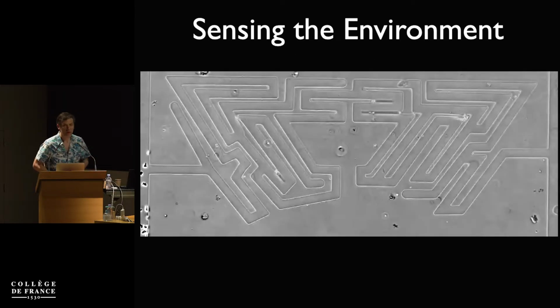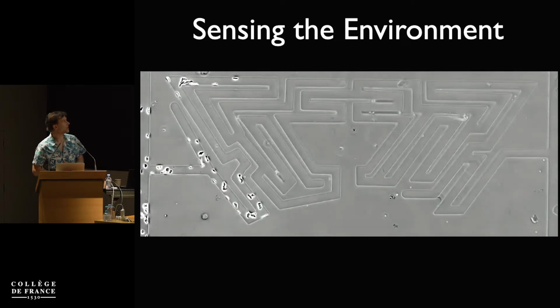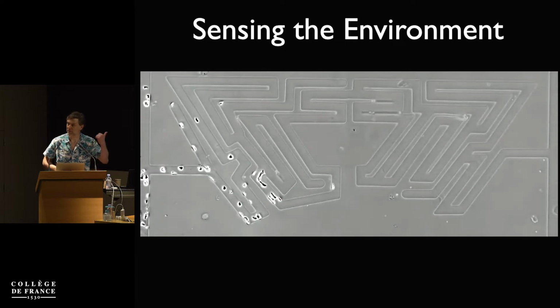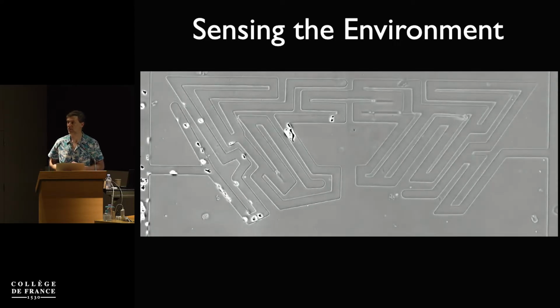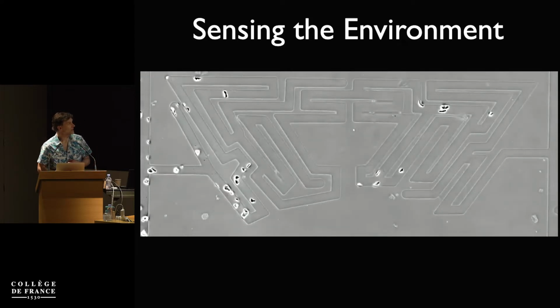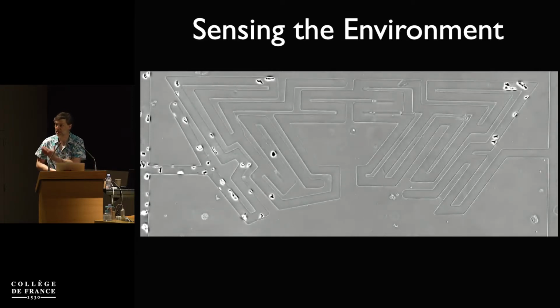Anyhow, so you can make cells do stupid things. This is King Henry VIII's maze in Hampton Court. And the ones in the front solve it much better than people do. If you ever see the real maze, you can see an awful lot of people paying a lot of money to get lost. But those cells in the front do very, very well. And they know the answer. Again, they can sense the answer.